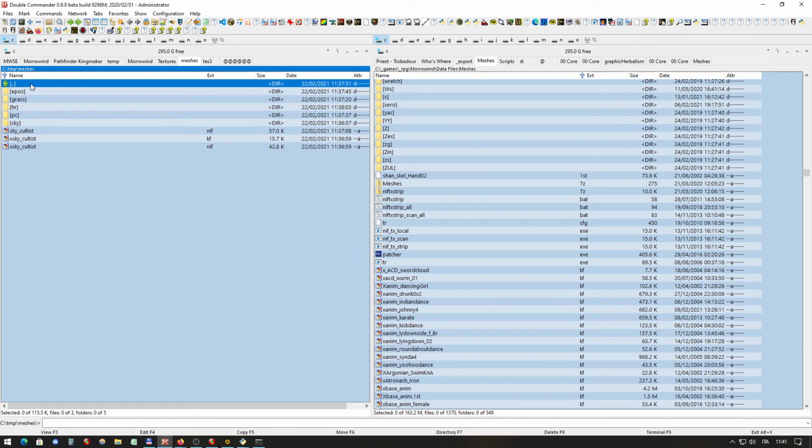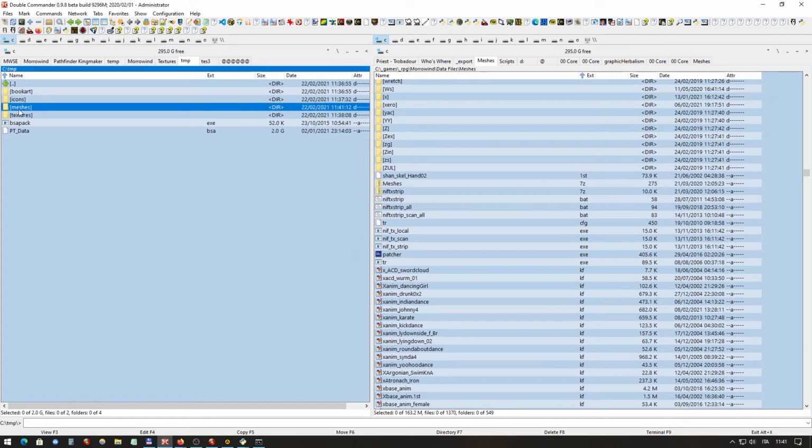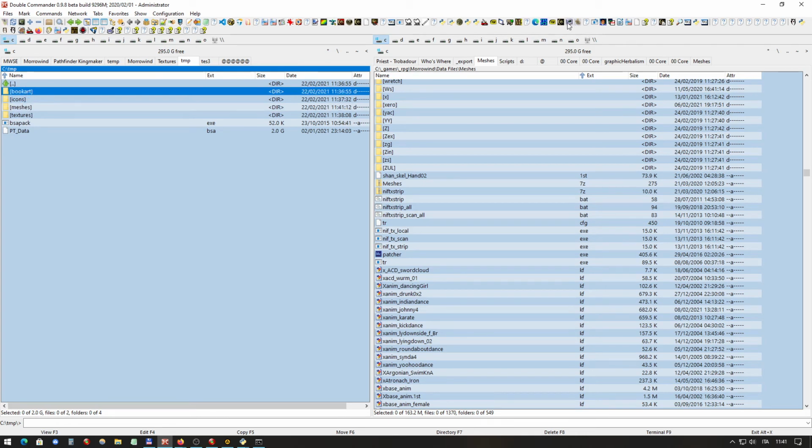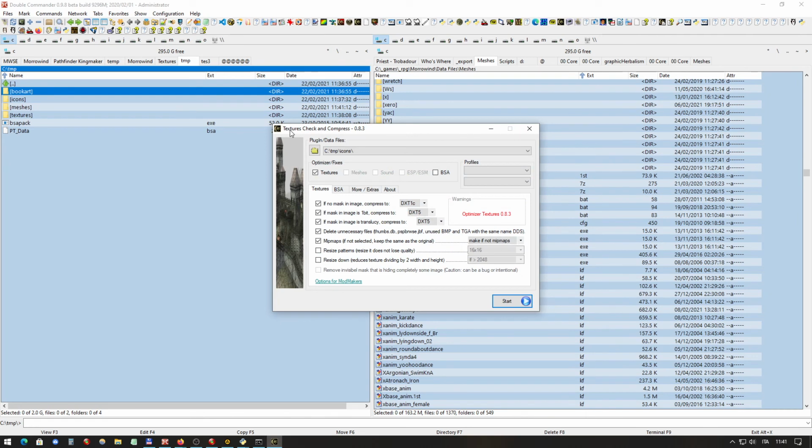And now we have done the meshes folder. We start our ordenador, or also called textures check and compress, and we do the same for our textures folders and book art folder and icons folder. We can start from icons, for instance,